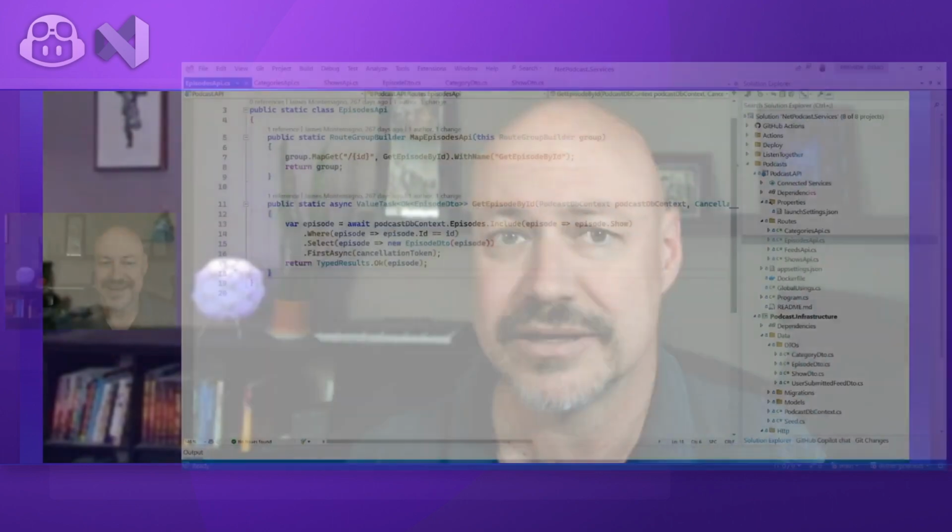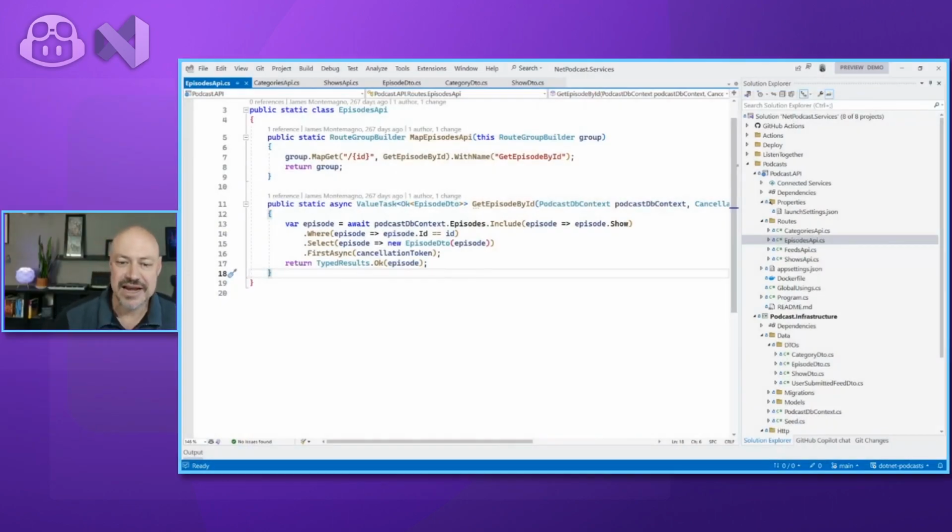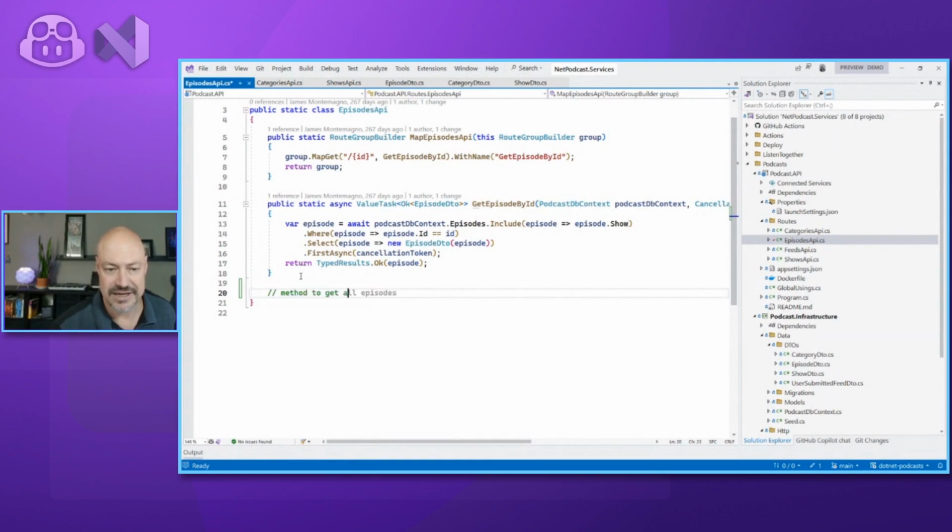Let's take a look. So here I'm in the .NET Podcast application. This is a podcast management application, and I'm in the episode endpoints. There's one endpoint here which gets all episodes by ID, and I want to write a new endpoint that gets all episodes for a show. So what I'm going to do is give it some context. I'm going to say method to get all episodes